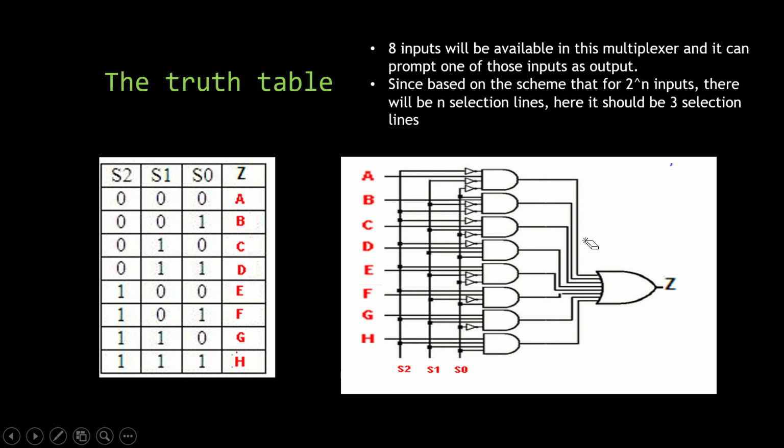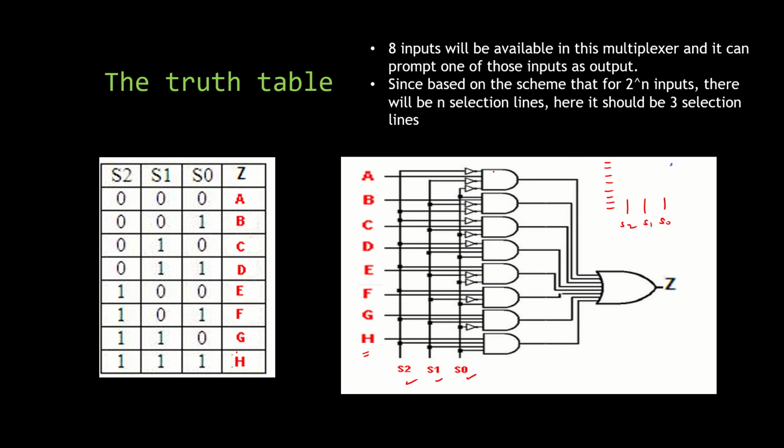Now, how do we construct the system here? It's very simple. I need to have 8 inputs here, so A, B, C, D till H are made available. And I have 3 selection lines here, S0, S1 and S2. I also may have to use the inverted options for these S0, S1 and S2. So I need to draw 3 lines as usual, which are nothing but S0, S1 and S2, and I will write 8 lines here like A, B, C, D, E, F, G, H. I've got 8 inputs here and I need to select like this.